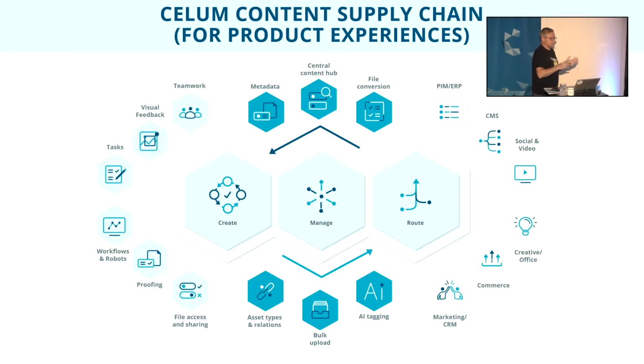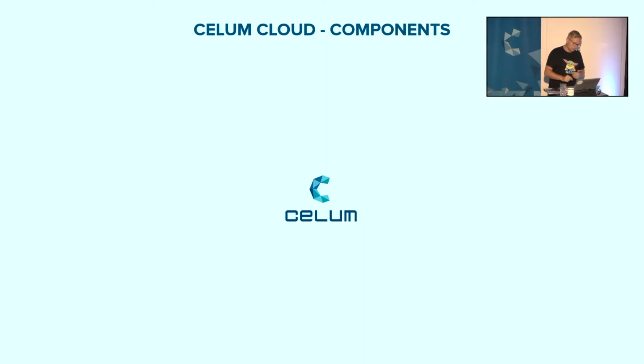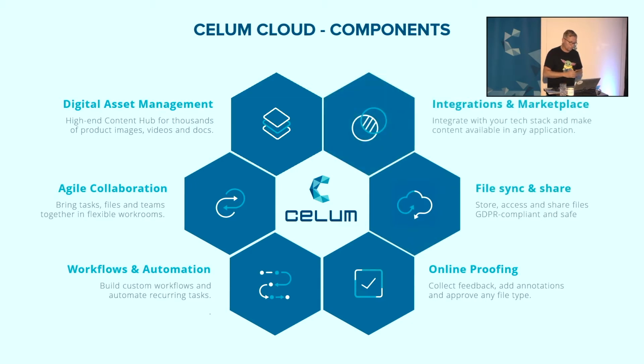So the three main segments or domains and six capabilities of our cloud platform. We'll touch base with a few of those, and then, of course, keep in mind, everything we do is normally multi-channel. The six elements that comprise our cloud platform, of which five are distinctive capability segments, and the sixth is integrations